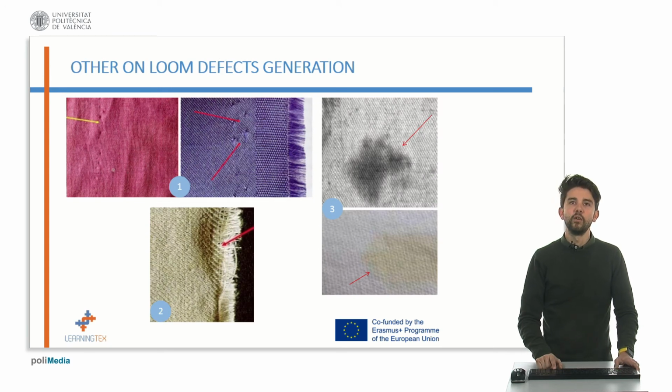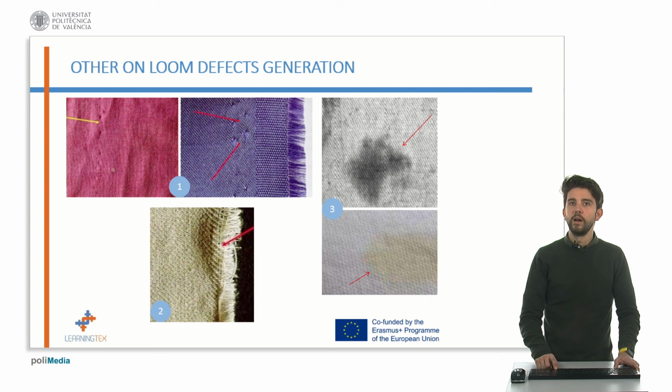In addition, there are other interesting defects to be defined that are produced by external agents, including the loom. The most common are oil, rust or dirt stains, as can be seen on figure 3, and others related to the selvage. The stain defects have to be detected because the fabric is getting dirty from some part of the loom. On the other hand, all the defects related to the selvage are due to wrong conditions of the selvage pins and can produce some little holes as in